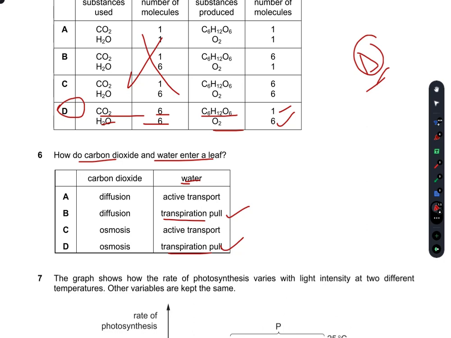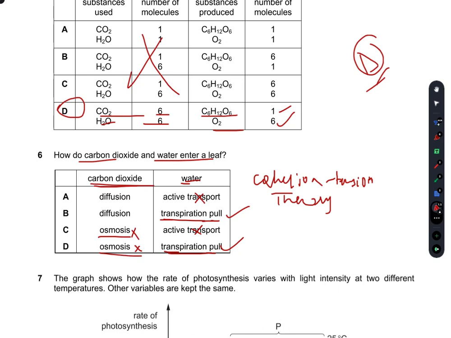When the water is transpired from the leaf, the water rises up due to the surface tension by the cohesion-tension theory. We have read about the cohesion-tension theory, which states that water moves up the water column because of the surface tension. So transpirational pull is responsible for the movement of water, so we can rule out A and C. Whereas carbon dioxide movement cannot take place by osmosis.